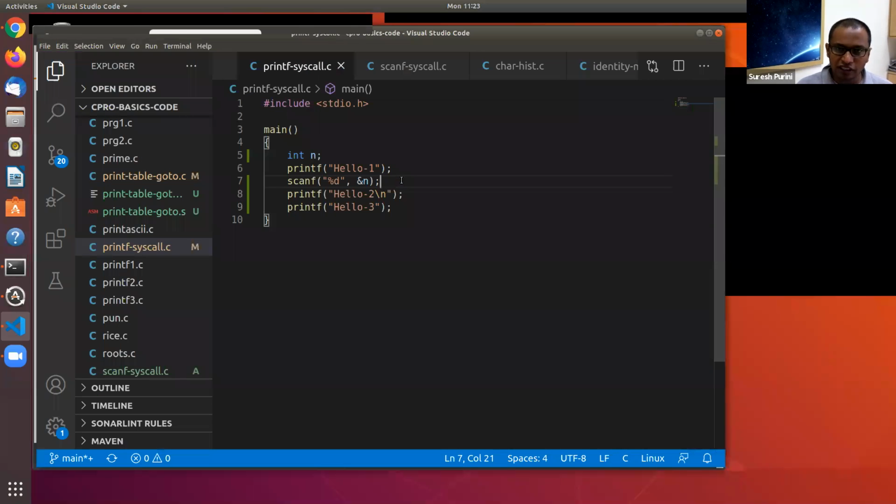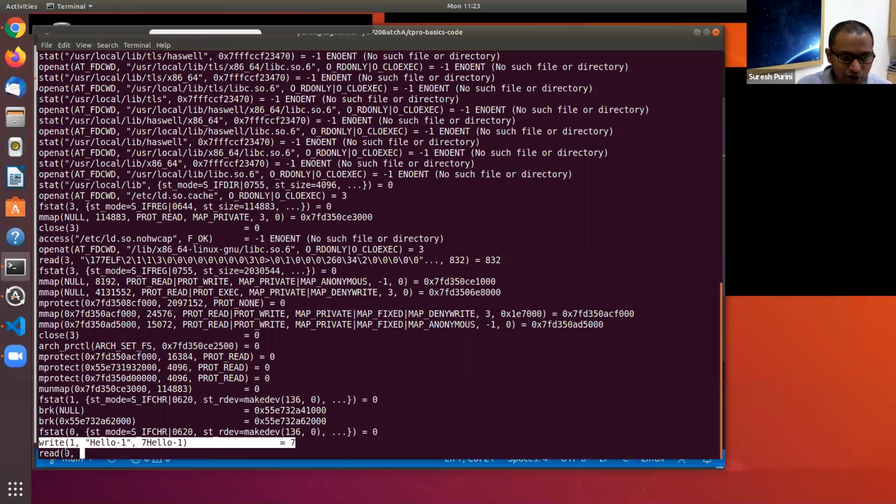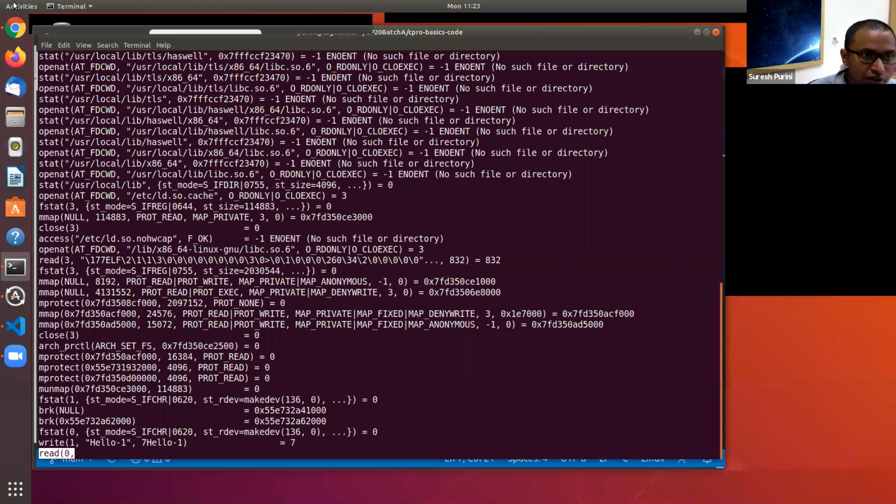And now this also sets the tone for us to go and see what happens when we do a scanf. As you can see, scanf gets mapped to a read system call. So right now, the program is in the operating system. You can see here 0. 0 stands for standard input.